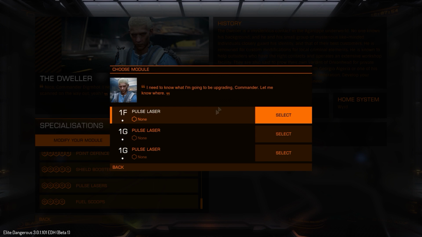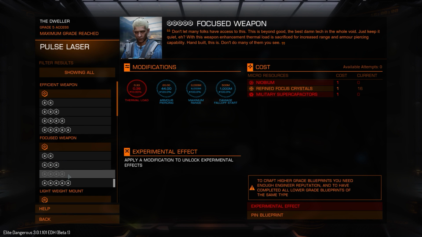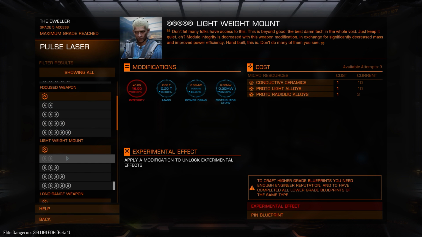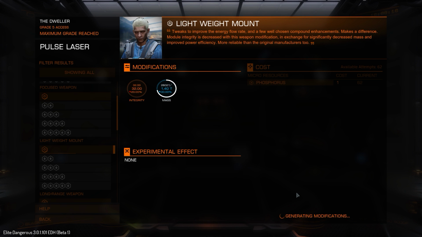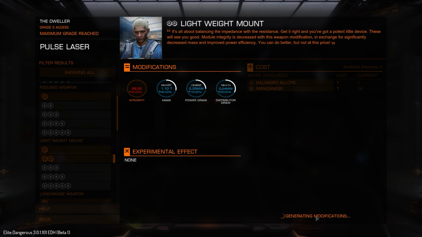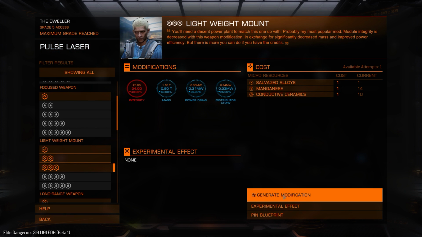I have 3 pulse lasers on this Chieftain. So let's say that I wanted to go for lightweight mount here. So we can generate 1 modification. That's 1 roll. So it's going to take us 3 to get to level 2. It's going to take us 3 or 4 to get to grade 3. Now that we're at grade 3, we can only roll once, but...